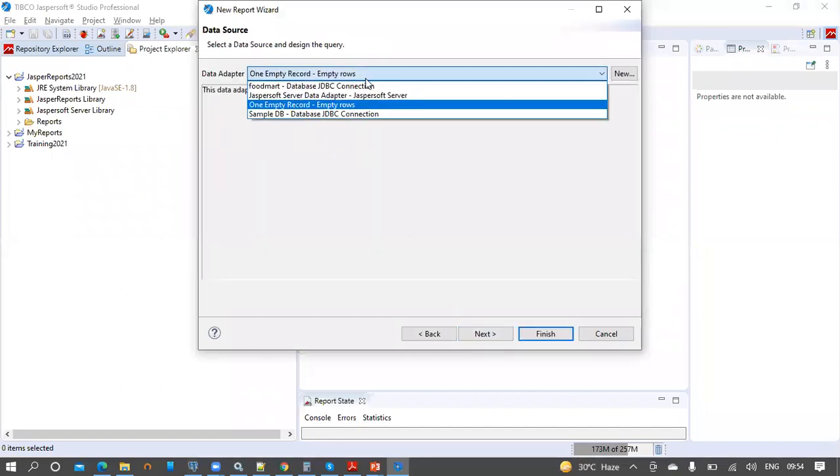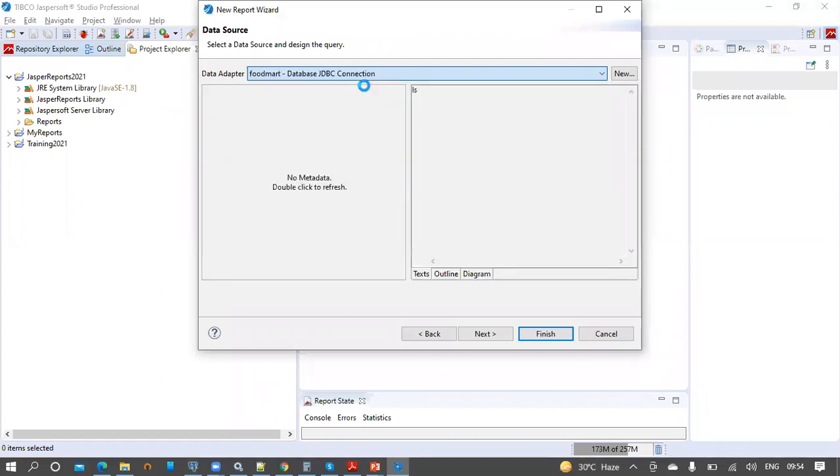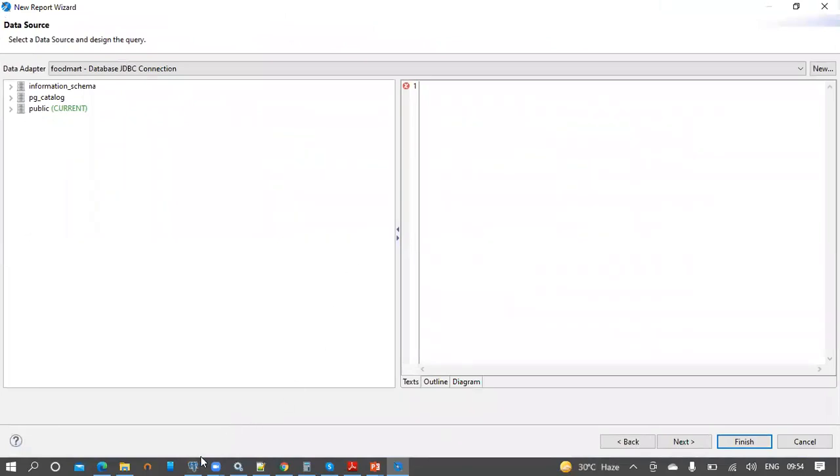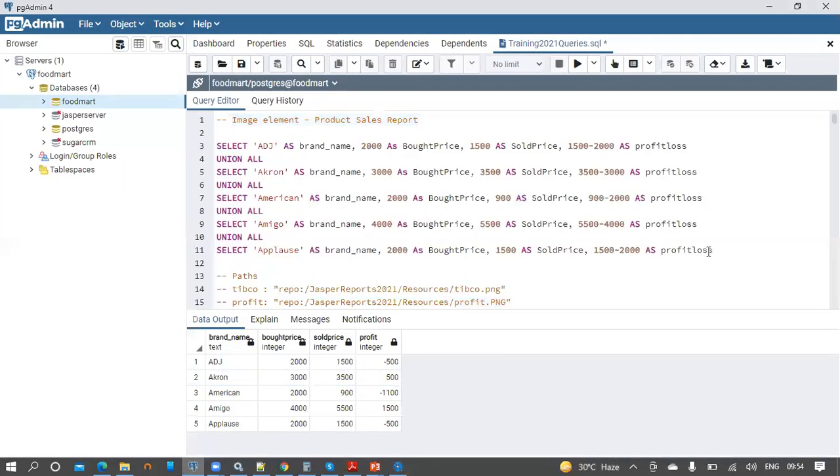Then from the data adapter, select the FoodMart database. And I have created a query here, which will get the required information for the report. This query has the brand name and product bought price and product sold price.